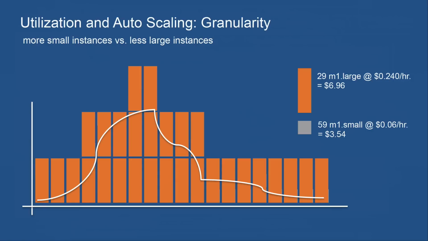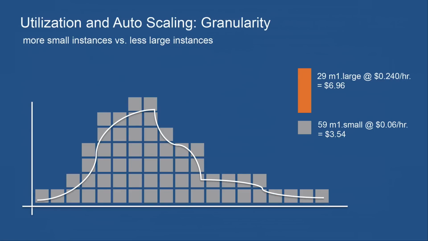And one little trick you might want to bear in mind when you're doing this is to consider the instance types that you use. So here you're looking at a workload profile which is being supported by M1 large instances, so the old style or first generation large instance family. And you can see there that the scaling is quite blocky. So we're adding resources, but when we add those resources in, when they're first added, they're not particularly heavily utilized. And in fact, when we're at peak load, we've got a couple of instances there that you can see that are only utilized very lightly.